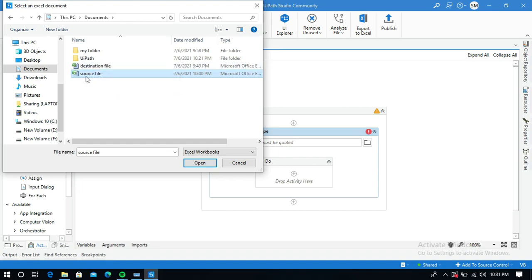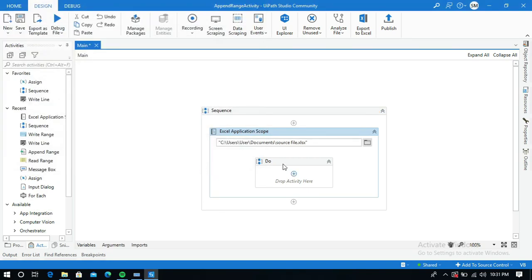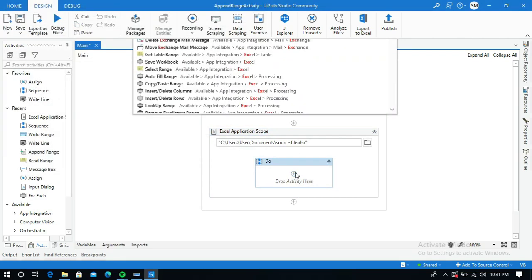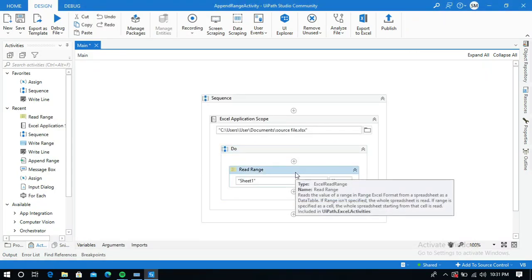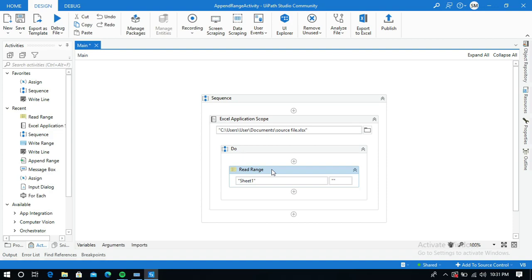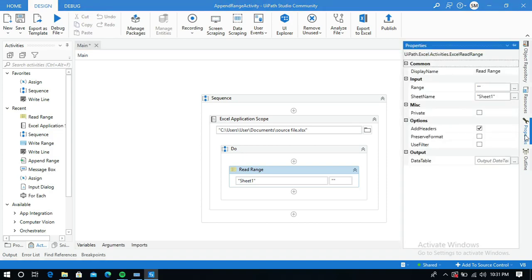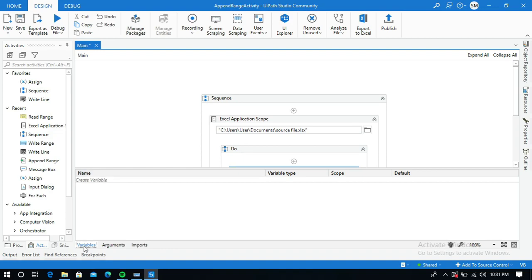Okay, so source file, let me open this, and I am going to use the read range activity to read the data. Here I need to create an output data table. So click here and go to properties, or you can also create the data table from the variables panel.